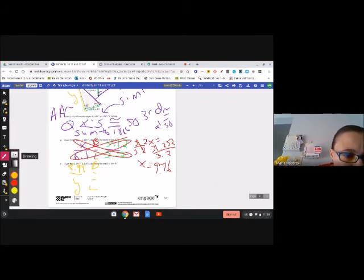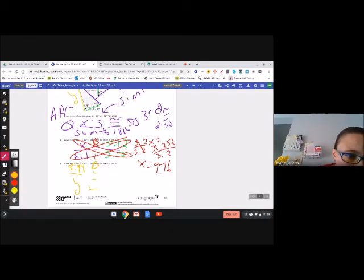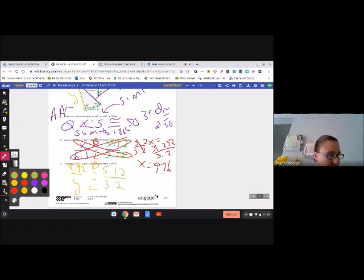And then back to my green ratio. Where'd my green color go? No, I'll just use this one. Okay. There it is. 5.12 from the big one, 3.2 from the small one. And again, you're going to do all your cross multiplying and stuff. Because my fingers are kind of wide, I can't fit all the work. So you cross multiply, you get 5.12 times y equals 8.96 times 3.2. I'm going to divide by the coefficient of 5.12. And side BC, which was my letter y, is